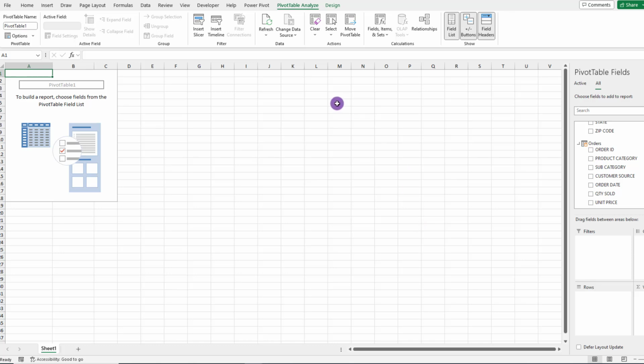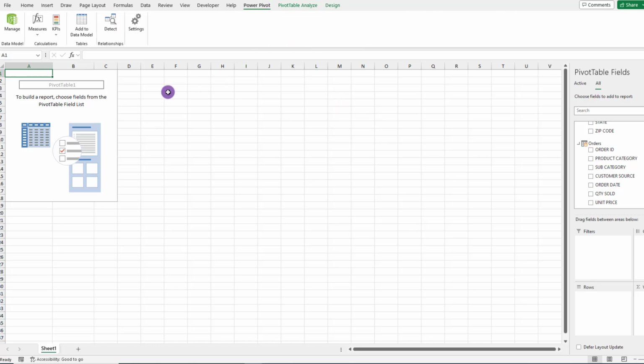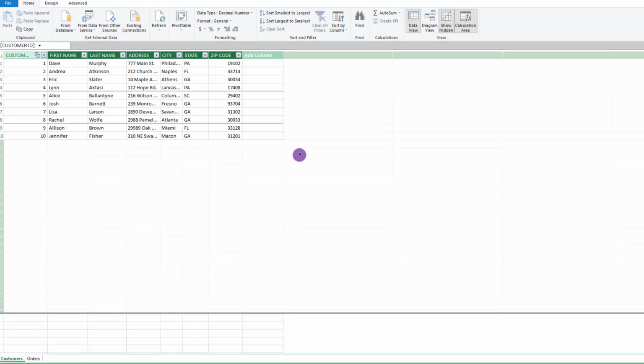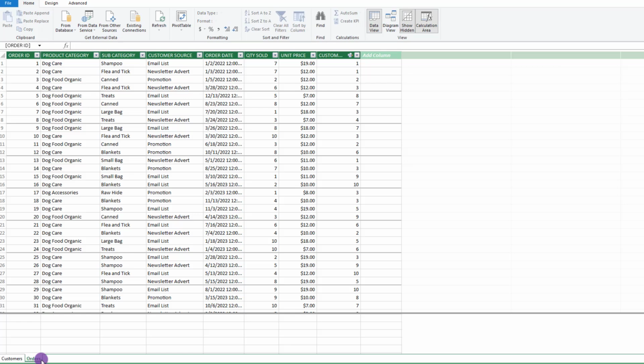So just go up here and click where it says PowerPivot, then Manage, and that will bring you right into the model. Moving on. For this example, let's say we want to create a formula that shows our total sales. To accomplish this, we need to make sure we're on the orders table, and then click in this cell right